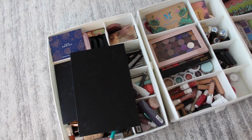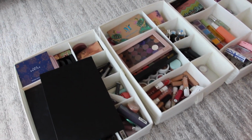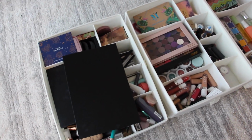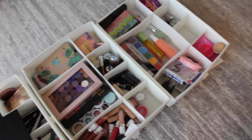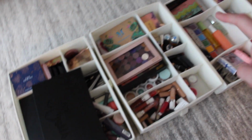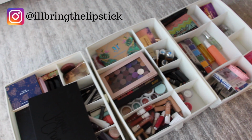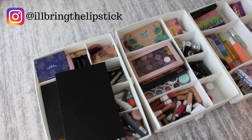Okay, so before I get started decluttering my makeup, I just wanted to show you all the first 3 containers that I have. So these are kind of like a direct overview of them, starting from over here. This one is my most used one, and then slowly getting down with specialty items. I do have a couple more smaller containers in my cabinet that I'll clean out, but this is the first